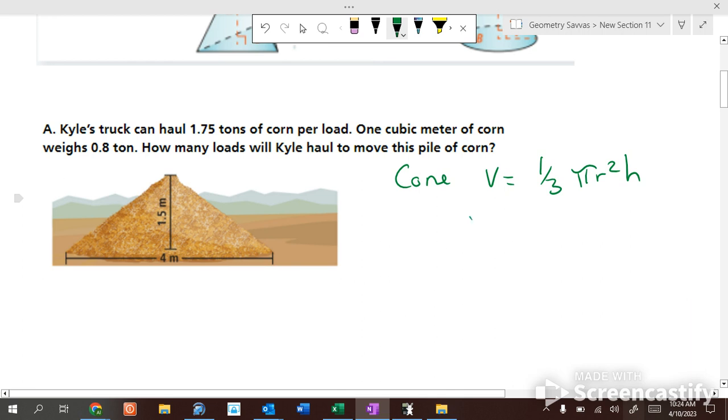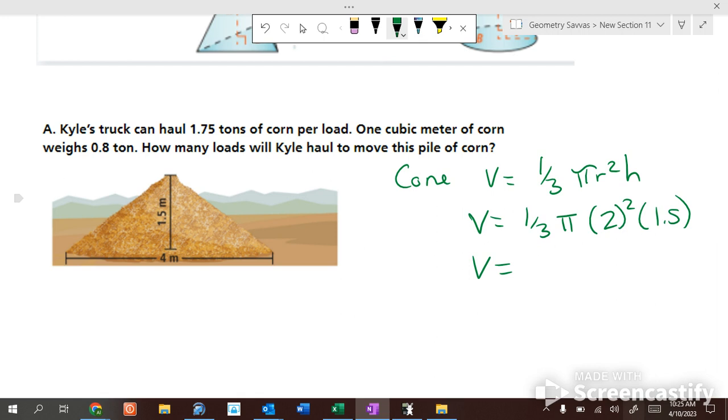So let's figure out the volume of this. 1/3 times pi times, what's my radius? 2 squared times the height of 1.5. Multiply. Take 1/3 times 3.14159265 times 2 times 2 times 1.5. Yeah, sounds about right. Because this is 6 times that, it is 6.28